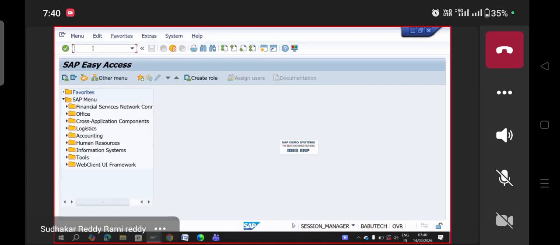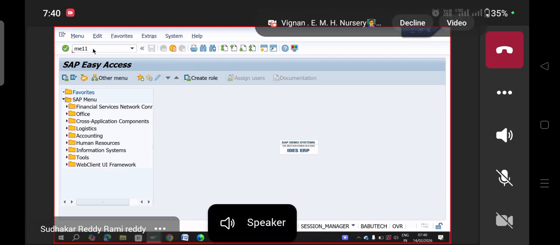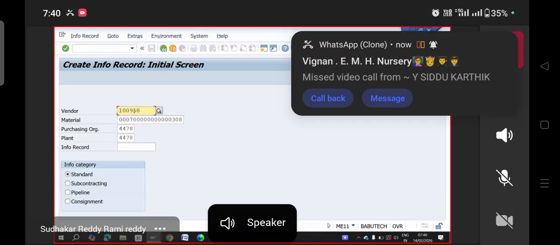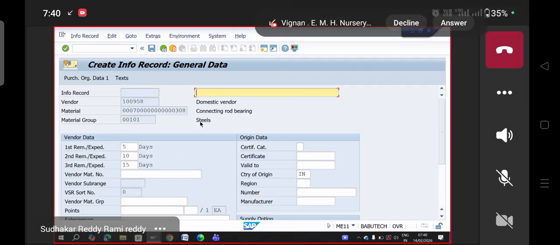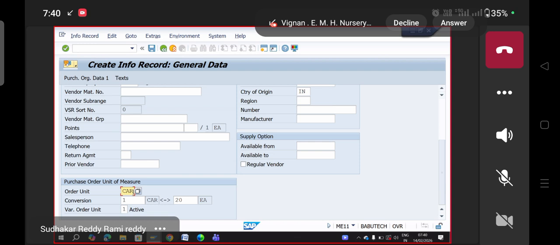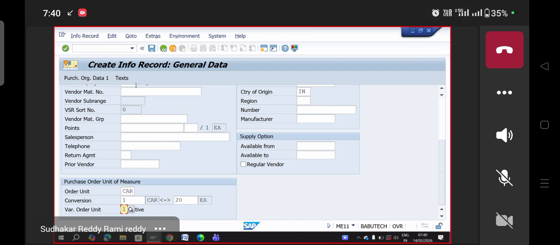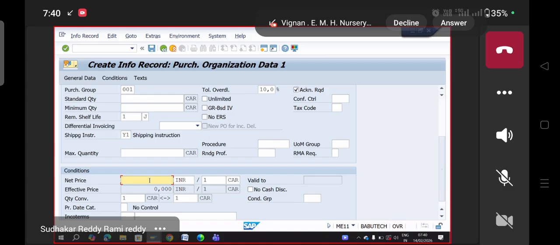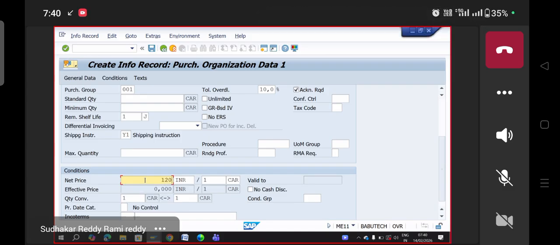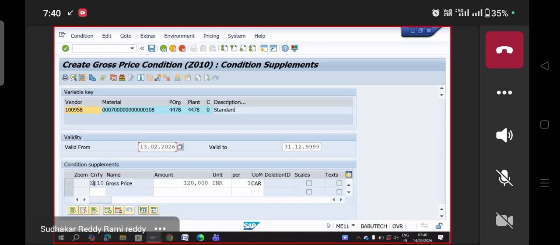When you create an info record for that combination, the info record order unit and variable order unit are active. Now with this info record order unit, here you maintain 100 rupees, and that will be taken automatically as the Z010 condition